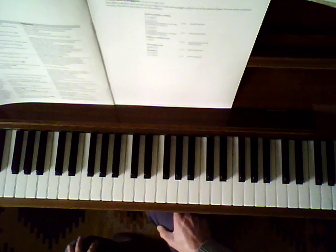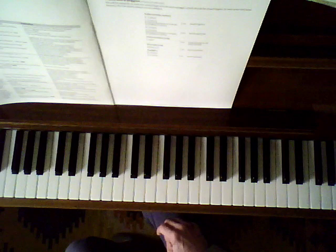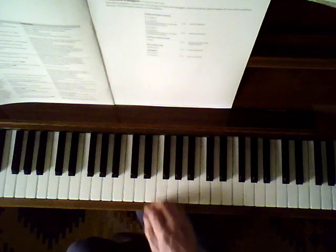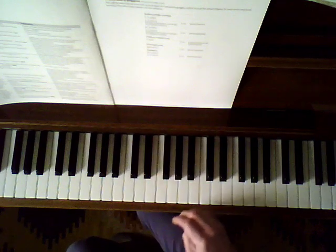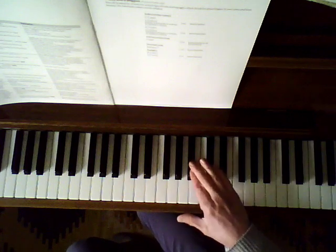Now D minor, you may remember that the key signature of D minor has one flat. Same as F major, so D minor is the relative minor of F major, so it has a B flat instead of a B. So the natural minor would be, but for melodic minor we raise the 6th and 7th going up, therefore the 6th note happens to be